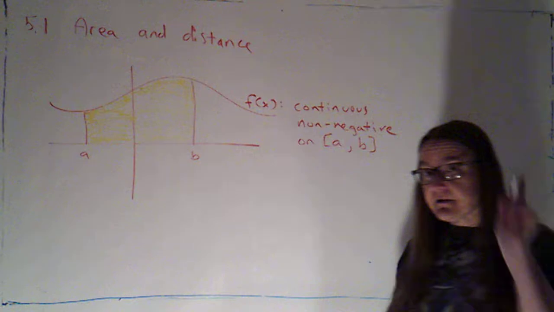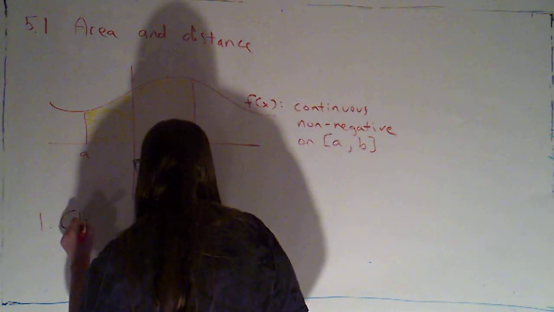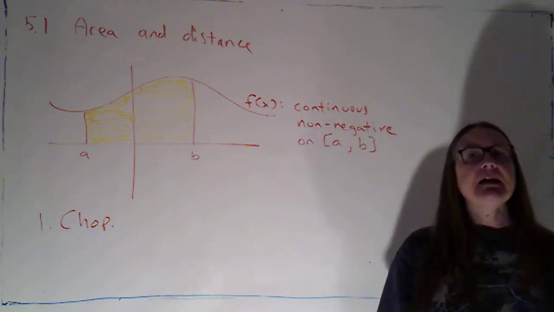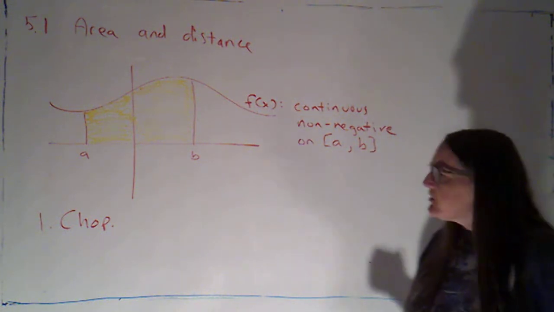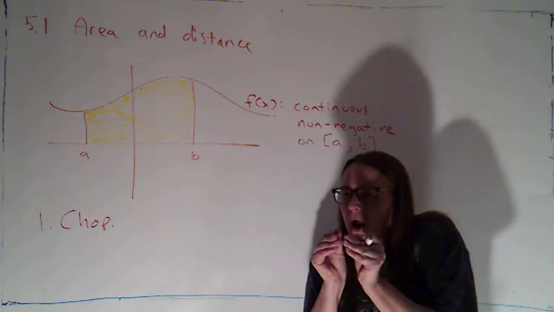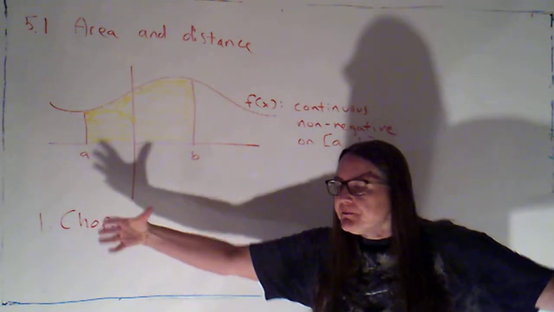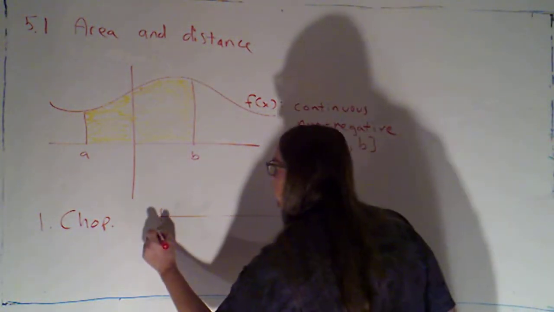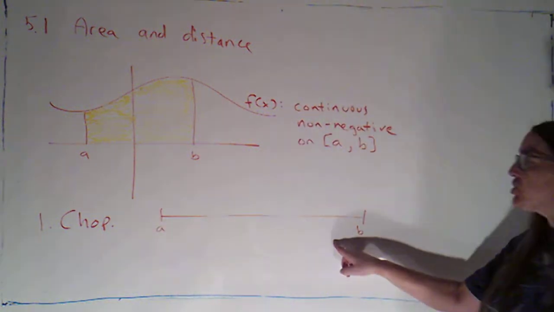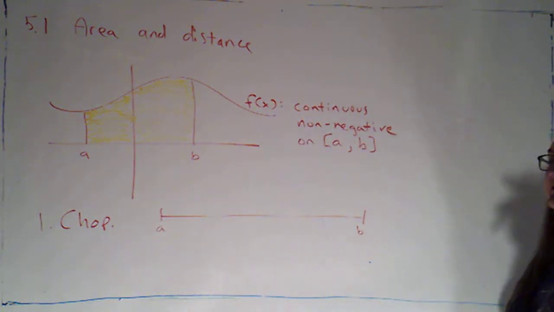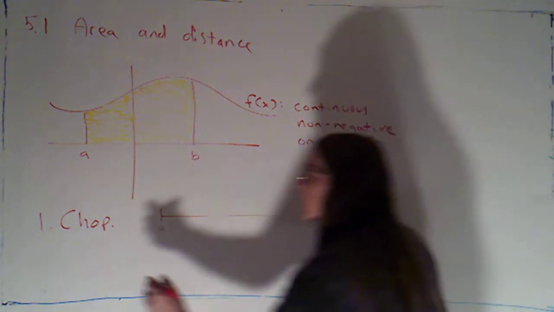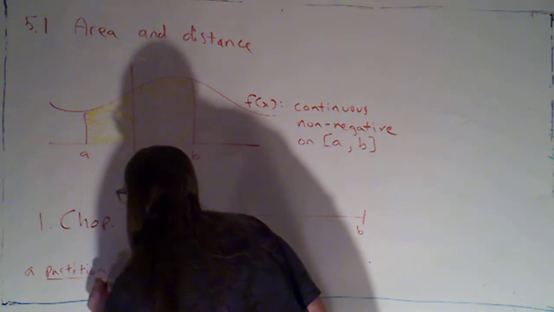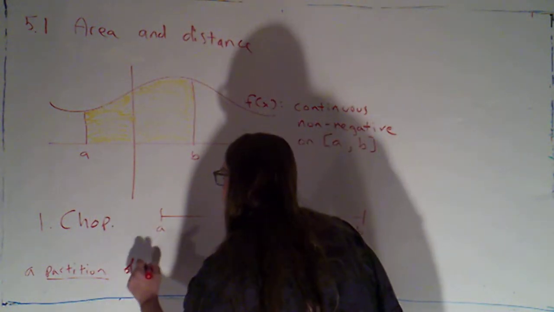Okay. And the first step in my four-step process is I am going to chop. I'm going to chop things up into little pieces. The idea here is sometimes it's better to have a whole bunch of little problems than one big honking problem. Okay, so I'm going to take the interval from A to B, and I'm going to chop that into a bunch of different pieces. Okay, so a partition, this is an important vocabulary word here, a partition of AB